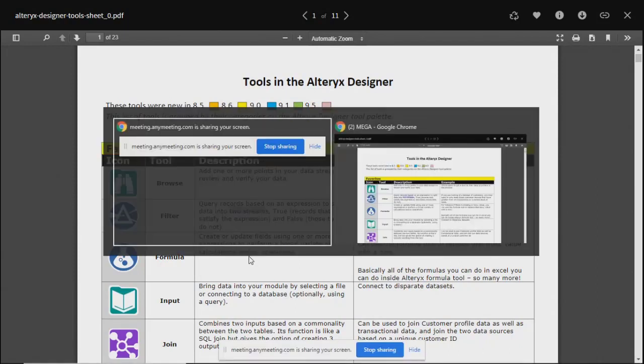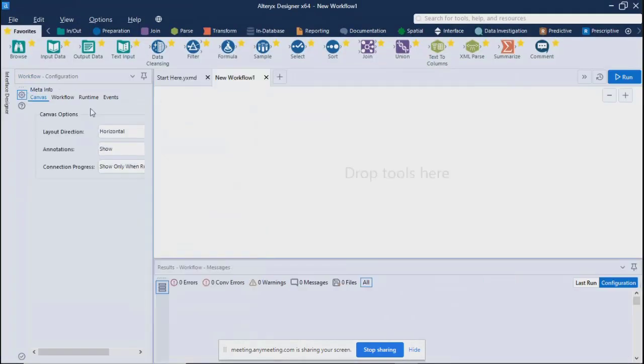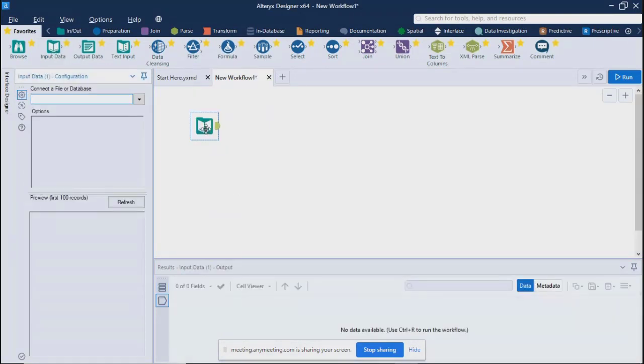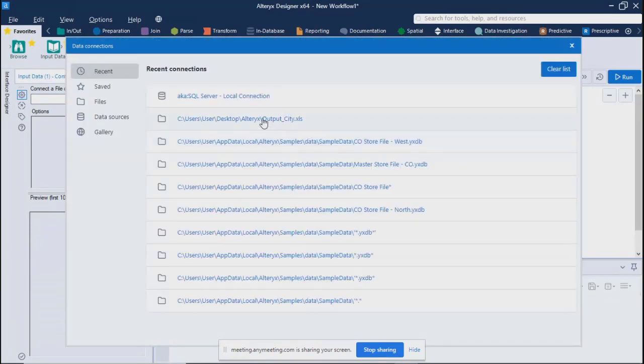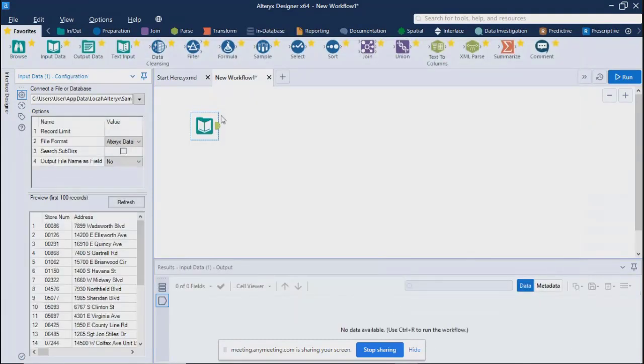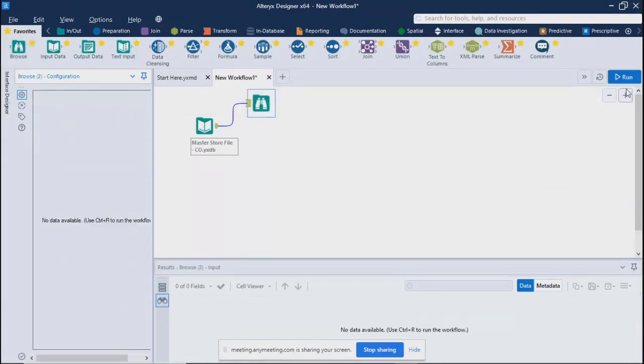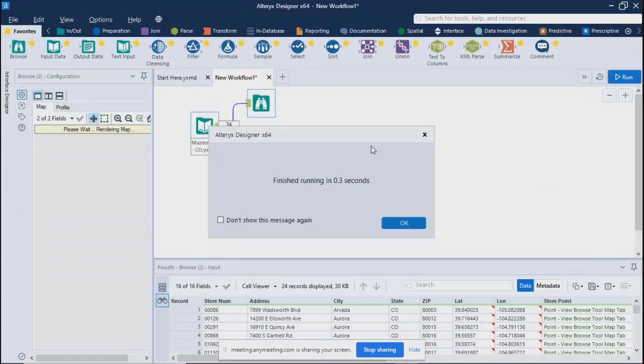So if I go to Alteryx, maybe we can just take one input over here, input data. This browse we already saw. If we put one browse here, we can see the result coming from this particular tool.